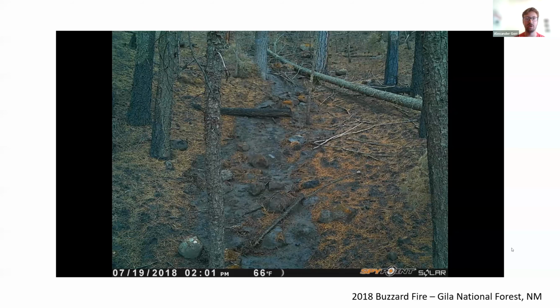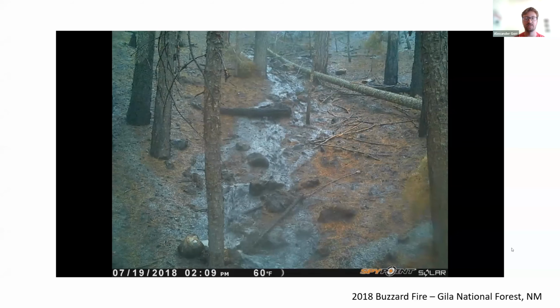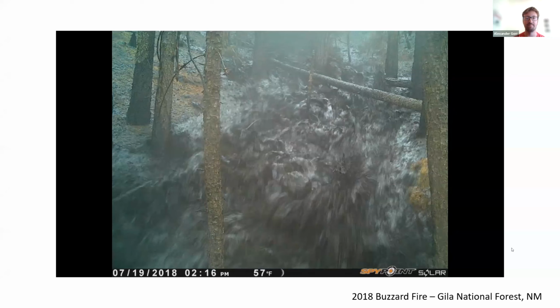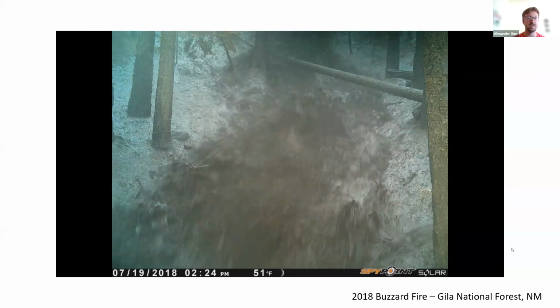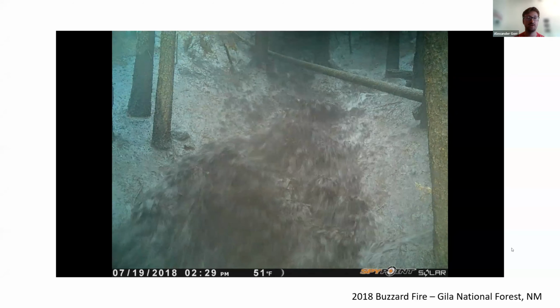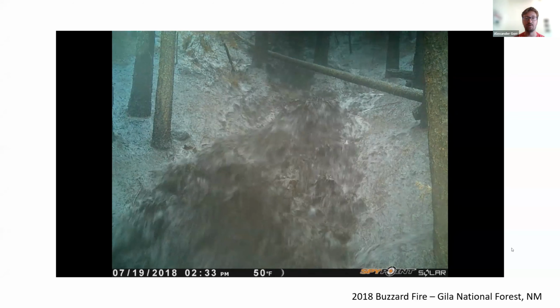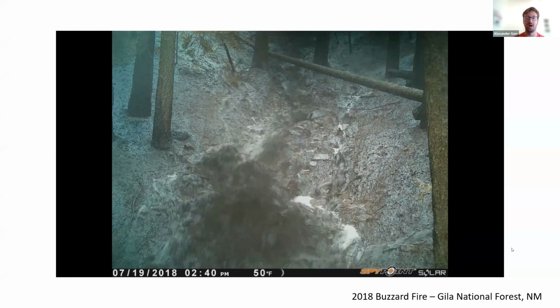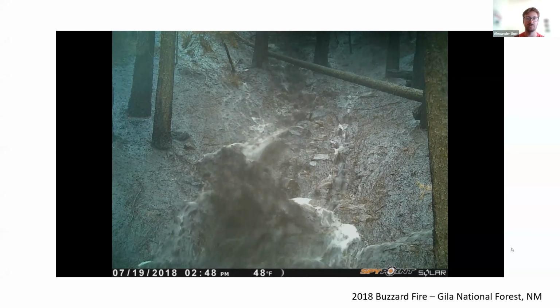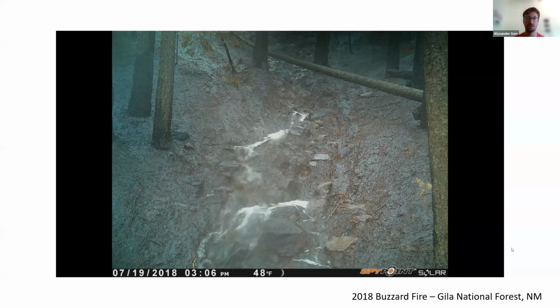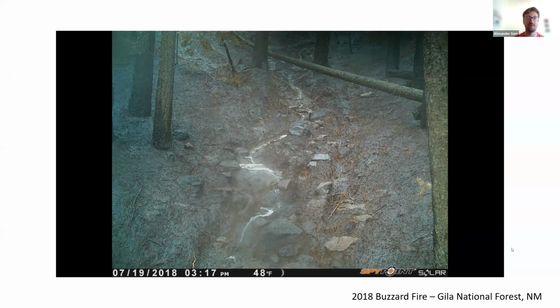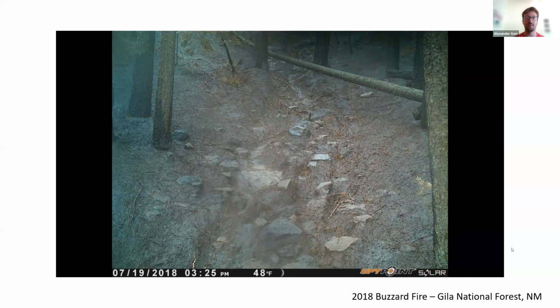So I'm sure most people here are familiar with post-wildfire debris flows, especially since we've already had several talks on them. But they're fast-moving mixtures of water and sediment that occur in steep watersheds, and they are particularly prevalent in watersheds that have been recently burned by wildfire. And as several other speakers have mentioned, wildfires are becoming more frequent, severe, and large across the Western United States. At the same time, more people are moving to the region. So as a result, more people than ever before are being put at risk to these hazards.